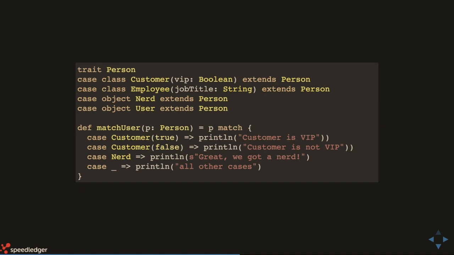And I would say if it's a new project, then you can also tell the compiler or your environment to treat warnings as errors, and you can pick what warnings should be treated as errors. And I think this is a really good one to treat as errors, because if you add another type of person, you would get a compilation error, and therefore you wouldn't end up in the place where you miss to match on something. Do you have a question?